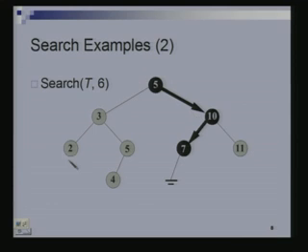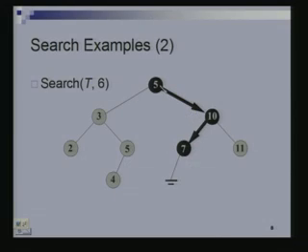Suppose we have the same example, but now we are searching for 6. So, we come here, 6 is larger, so we go right. Then we compare 6 with 10, 6 is smaller, so we go left. Then we compare 6 with 7, 6 is smaller, so we try to go left, but the left child is null, so it is not there,